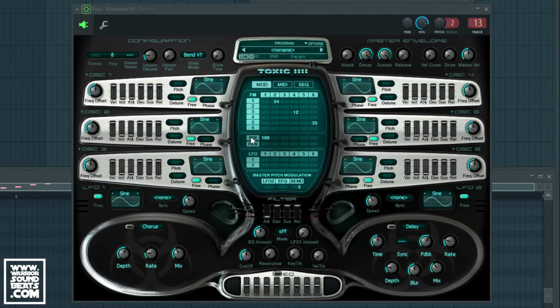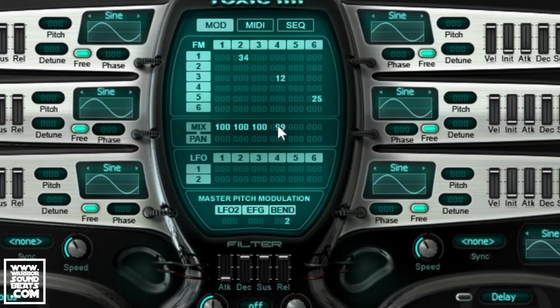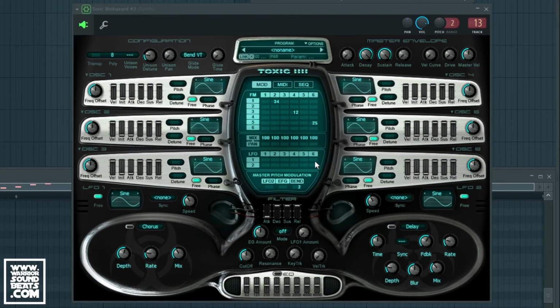What we do need to do is go into mix here, and we're going to have all of the oscillators now playing out. So we have to take these all up to 100, and we're just going to max out all of the outputs. So each one of these is telling the oscillator to go directly out as well. So now we've got